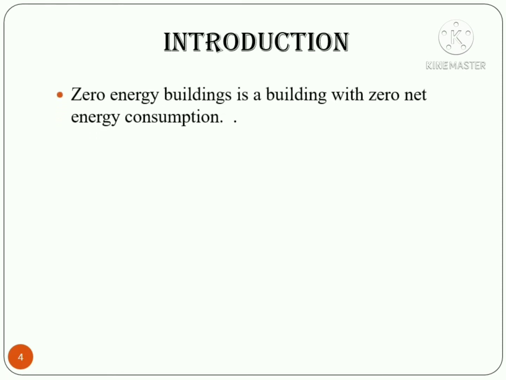First, a zero energy building is a building with zero net energy consumption. In short, the total amount of energy used by the building on an annual basis is roughly equal to the amount of renewable energy created on the site. The renewable energy sources off-site use technology such as solar panels, insulation, high-efficiency windows, and heat pumps. These buildings reduce the consumption of primary energy through enhanced energy efficiency, on-site utilization of renewable energy sources like bigger openings and well-planned alignment.